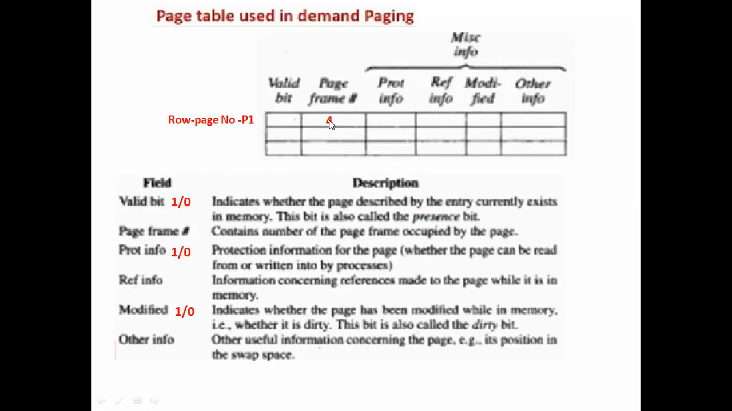For example, this second field, the page frame, will indicate in which frame this particular page is stored. Similarly, the third field is called the protection information, or the protection bit, whose intention is